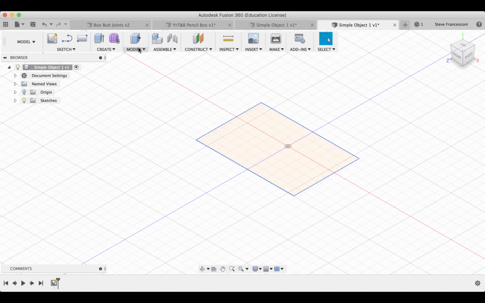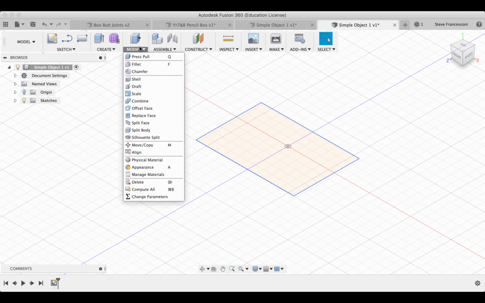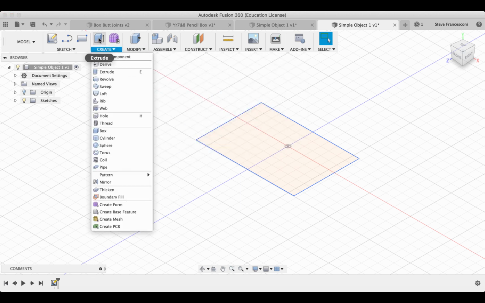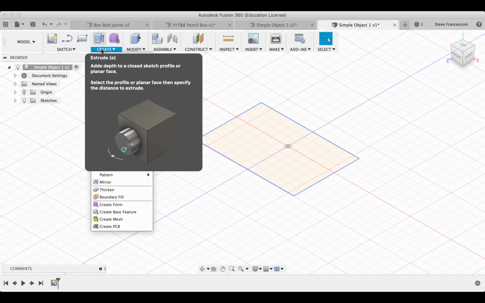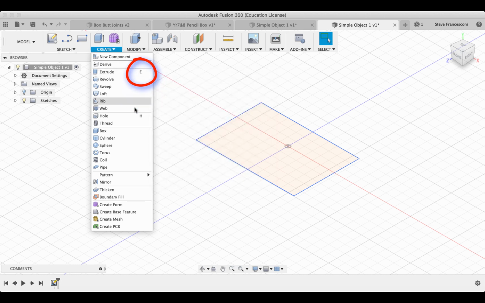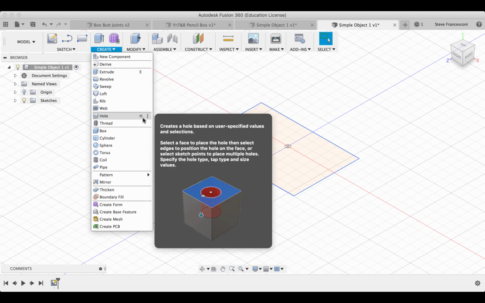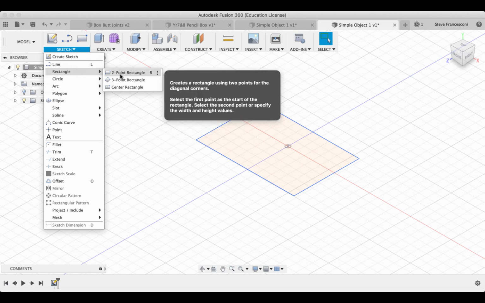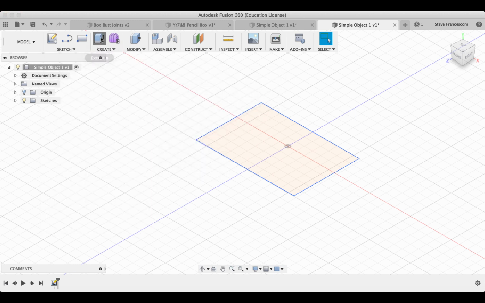Now I want to modify it. There is this button here, extrude, but there is also one here called press pull. I believe they're the same. We really want to extrude it. The shortcut is E. Notice there's an E here. This hole has a H. That means it's a shortcut. By the way, in rectangle, it's R for rectangle, L for line. So if I press this button,